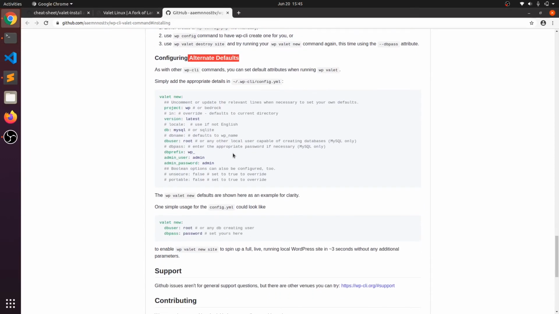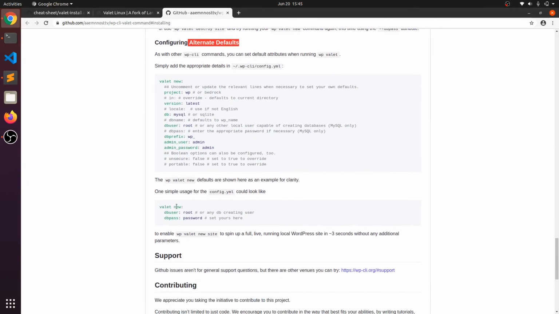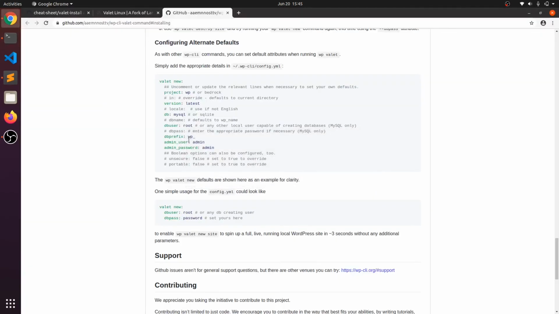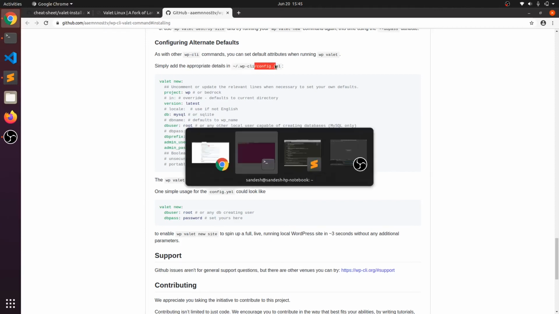We will set the db user and db password, so we need to create one file, config.yml, where we mention our db user and db password. Normally that file is in the .wp-cli directory, not packages. We need to create the config.yml file in the WP-CLI directory.